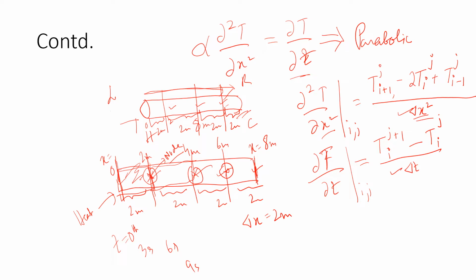So if I want to know the temperature at these internal nodes after 3 seconds, and then again uniformly incrementing from 3 seconds to 6 seconds, 6 seconds to 9 seconds,